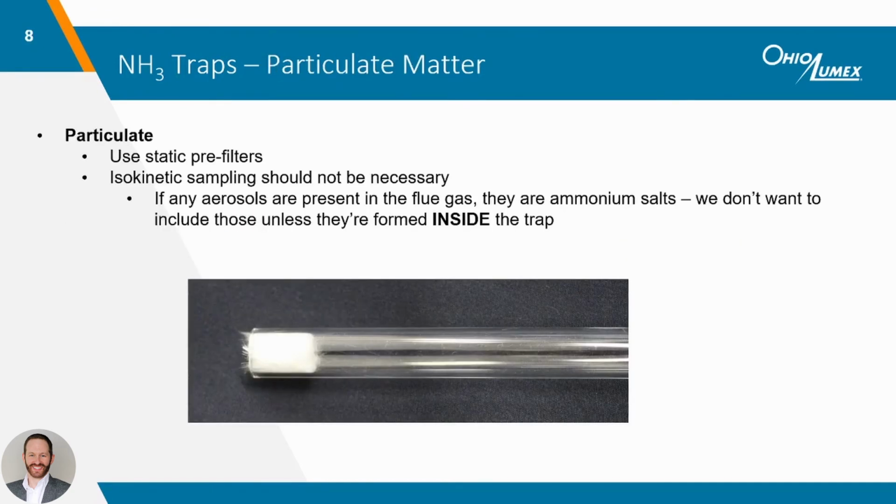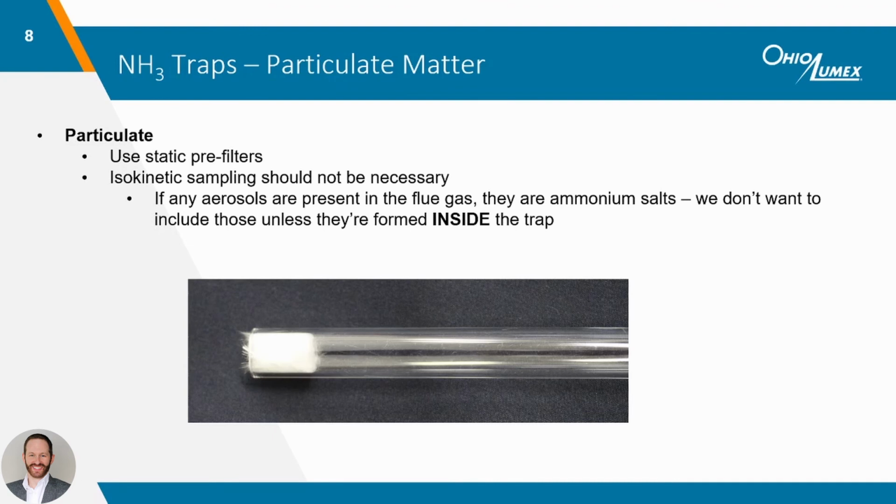Particulate matter in the gas stream is another factor that needs to be considered when sampling ammonia sorbent traps. It is important to prevent particulate matter from getting into the sorbent trap, as it may result in a high bias. These sorbent traps are designed only to measure vapor phase ammonia. These measurements must exclude any ammonium salt aerosols that may reside in the gas stream, or ammonia that has adsorbed